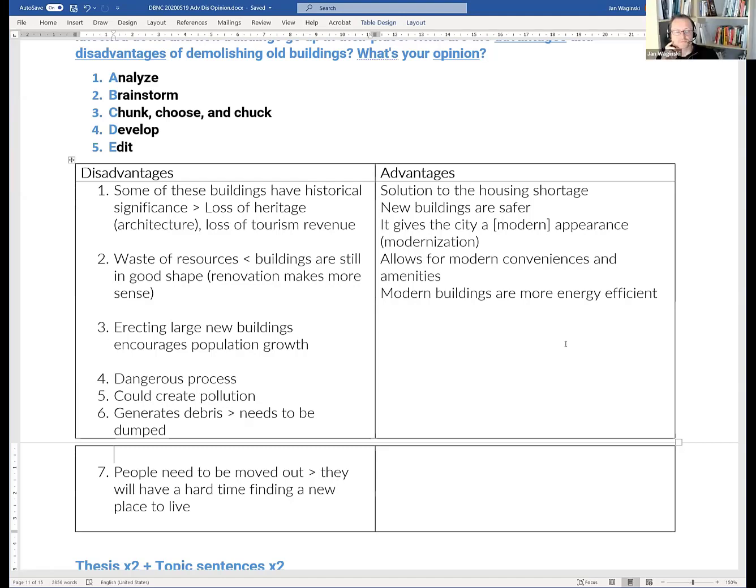Can you explain that last point? Not sure what you mean. Yeah, if there is any issue about electricity or suppliers in the building, we can improve this by new technology and new instruments. We can improve these issues, but we didn't need to knock down the building for this issue.